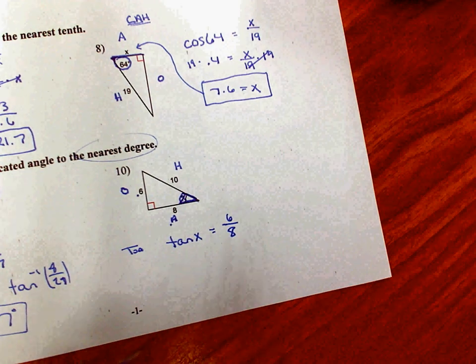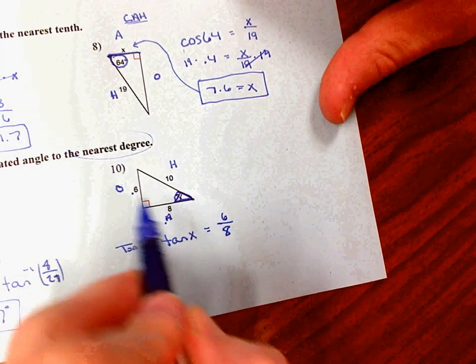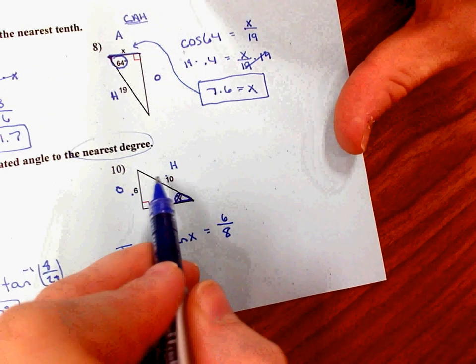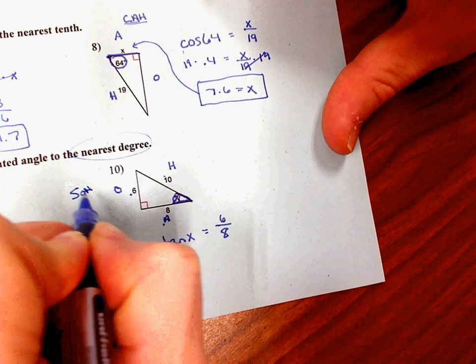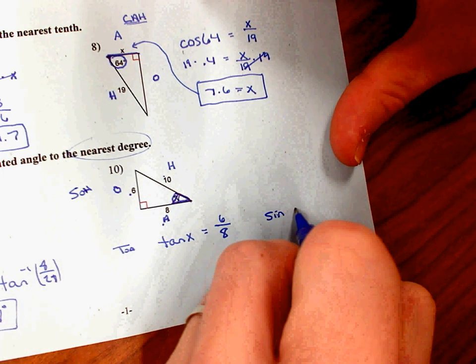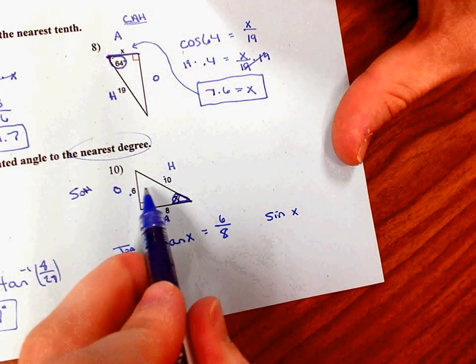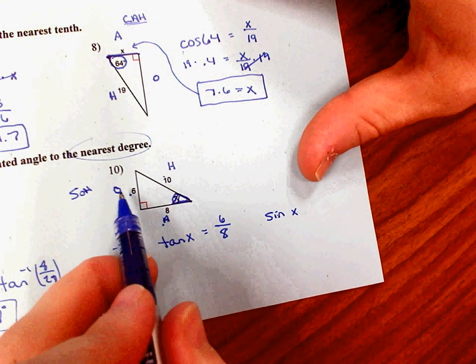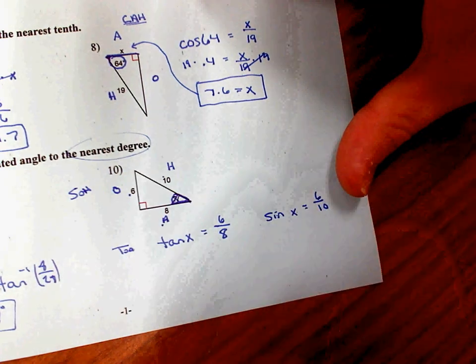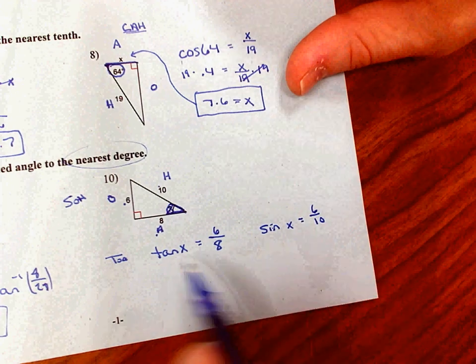Okay, well, what if you wanted to use the opposite and the hypotenuse? What if you wanted to use these two? So OH, that would be SOHCAHTOA. So OH, then I could say, well, what if I did sine? What if I was looking at these two? So that would be sine of opposite 6 over hypotenuse 10. Either one of these could work, and you could actually do one for cosine as well,